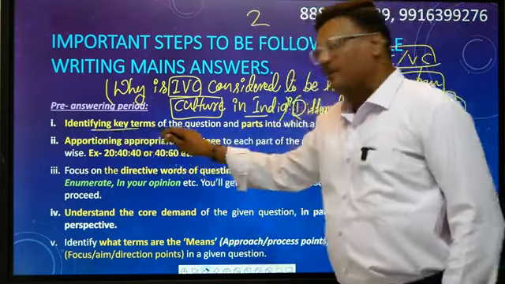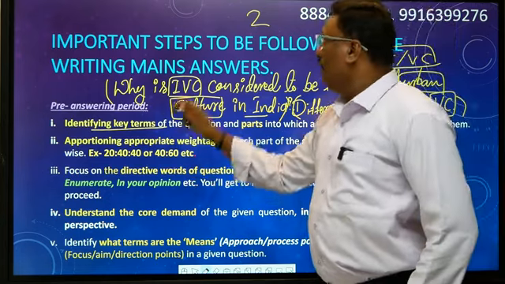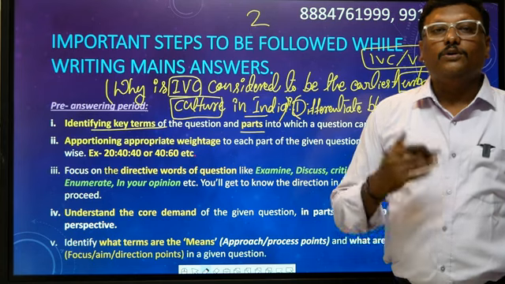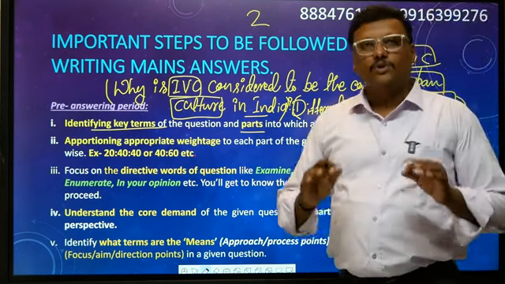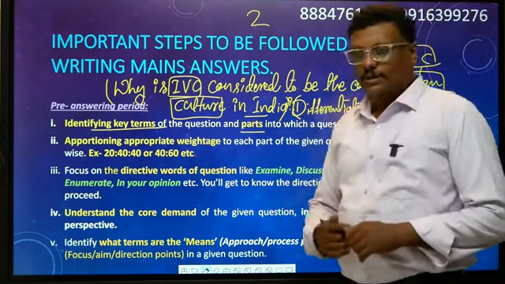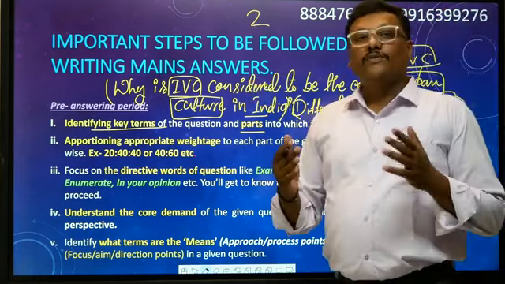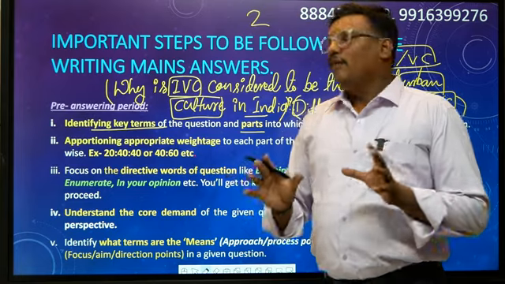So you have identified the key terms, then you have also identified how many subparts there are. Now it is a crucial time that you need to apportion appropriate weightage to each and every subpart of the given question. For example, we have 2 subparts here. Now on the face of it, it appears that a 50-50 weightage has